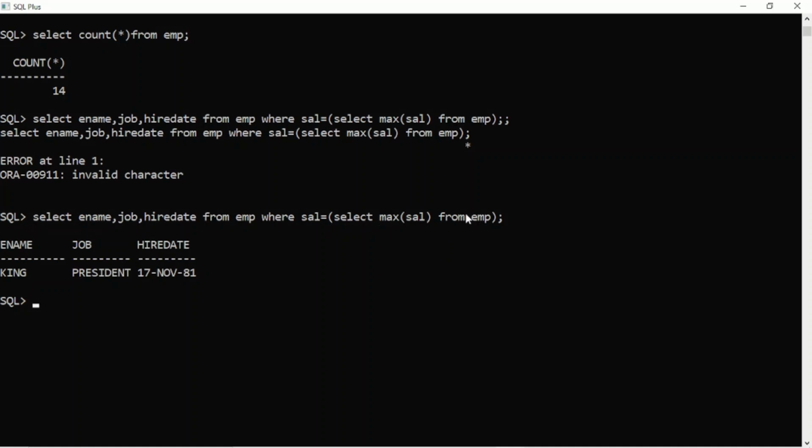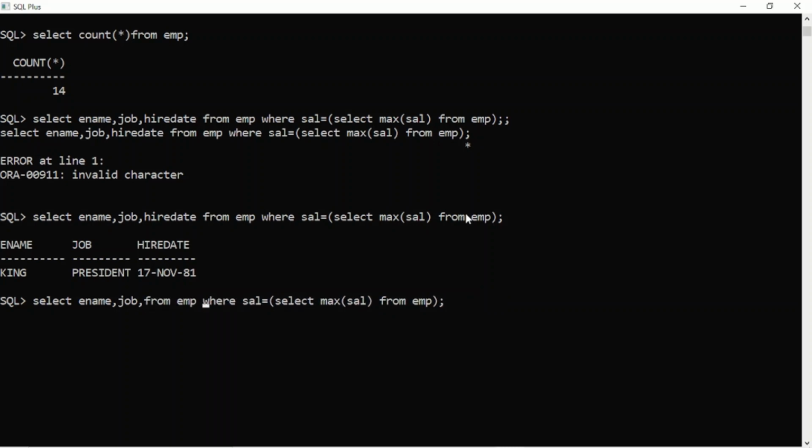Similarly, if you want to display the name of the person and job for that employee who gets the lowest salary, it's again very simple. Select ename, job. I don't want hire date, so I have removed it.